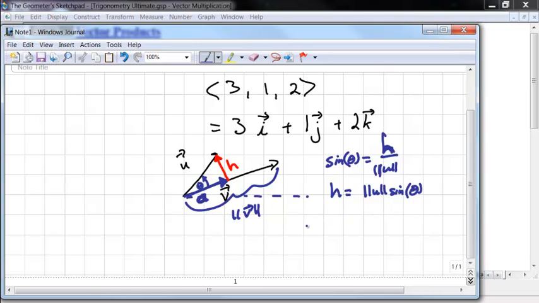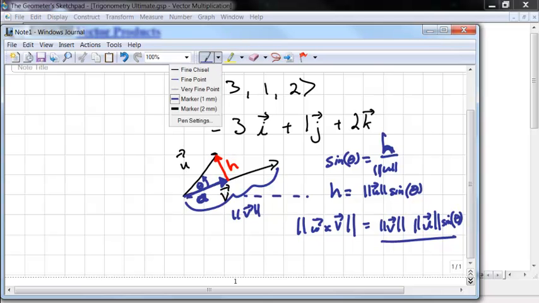So if we do the norm of the cross product, we get norm of v times the norm of u times the sine of the angle in between, and that turns out to be the same as